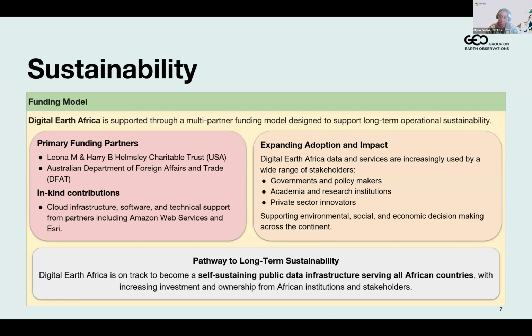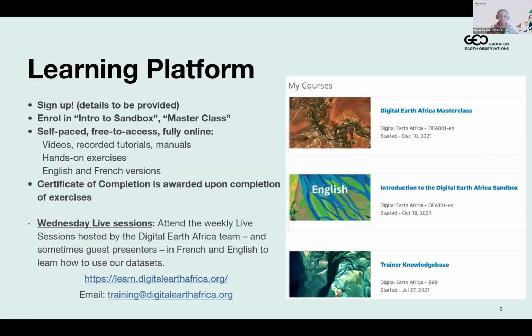So we don't have to pay for the storage of our data cube, which is a great initiative. And also we have partners like Esri who also help us continue this mandate and provide this data on a continental scale. And at the same time, we're trying to establish ourselves as a public data infrastructure for Africa with increasing engagement from African institutions. So for us, sustainability is not necessarily that we'll replace one model or source of support with another, but rather we are building a model where we can have donor funding, technical partnerships, and local adoption all play a role in making sure that this program is sustained and remains in African hands and continues to serve the continent for years to come.